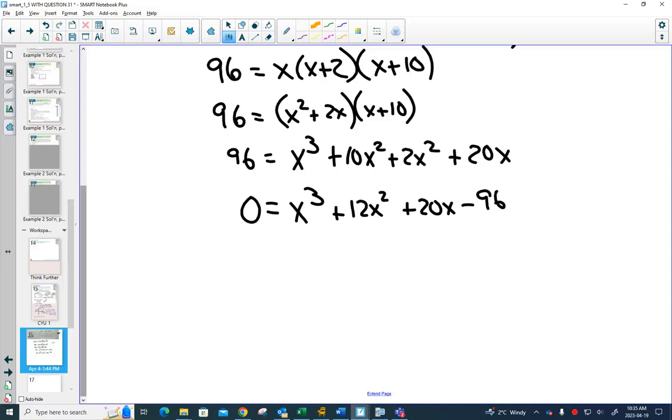In some ways, that makes this also not fair for a non-calculator question, because if you're like, ooh, I want to check out 96, I'll just do the mental math. What's 96 cubed? I have a problem. My mental math doesn't want me to do 96 cubed. Okay? This is where it was nice that we already pre-figured out that 2 worked. So if I do